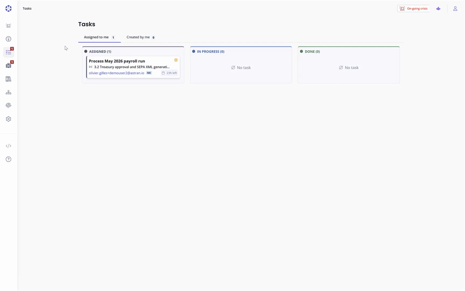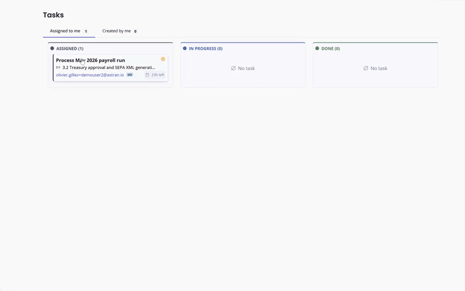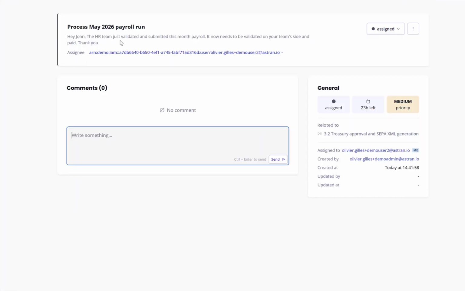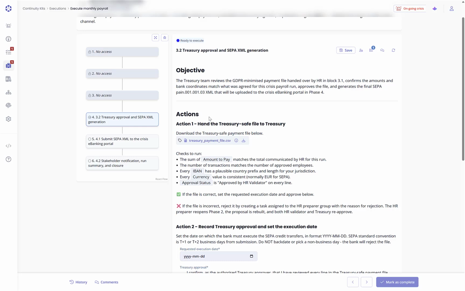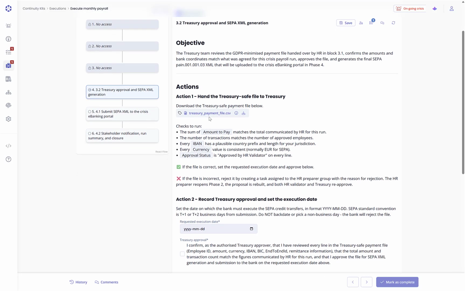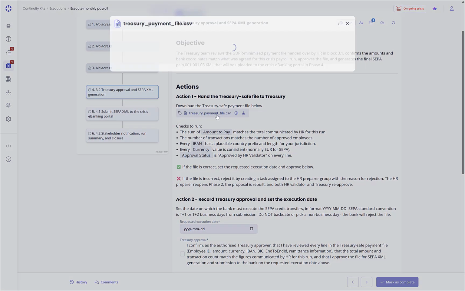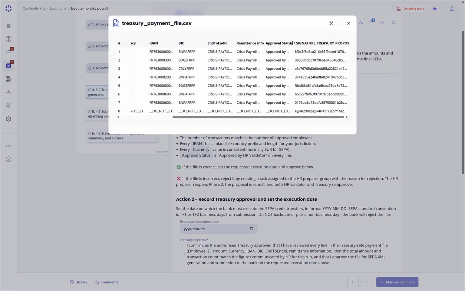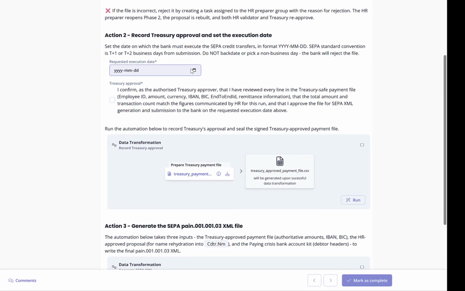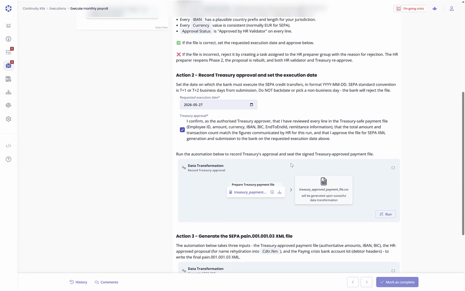I'm part of the Treasury team, and a task was just assigned to me by the HR manager. This month's payroll run is ready to review before payment. After reviewing the task, I'm brought to the ongoing process execution where the submitted file is found. I have direct access to it to confirm the information it contains and track the updated approval status for each payment. Once I'm happy with my review of the payment proposal, I can set the desired execution date, confirm the